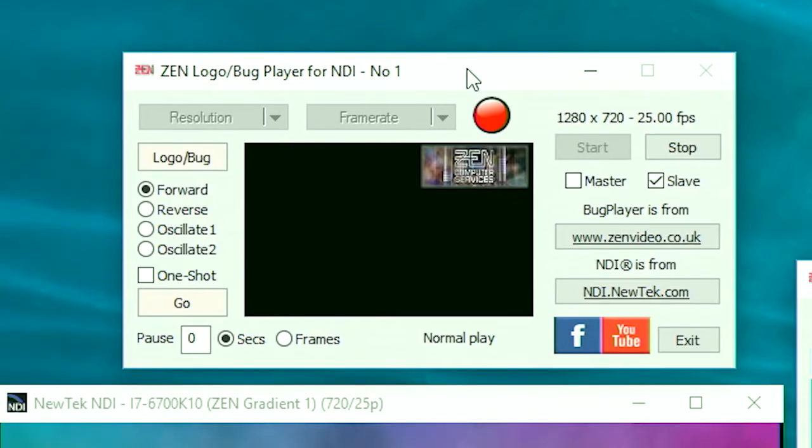It's that time of year again. It's the Christmas holiday period where I find I have a bit of time on my hands at home and write another piece of entirely superfluous NDI software. So what I've come up with this year is a thing called the NDI BugPlayer, and it's a small utility